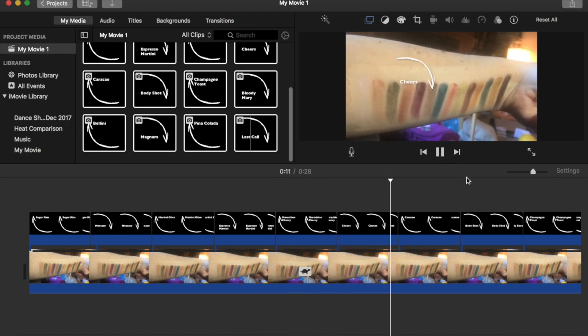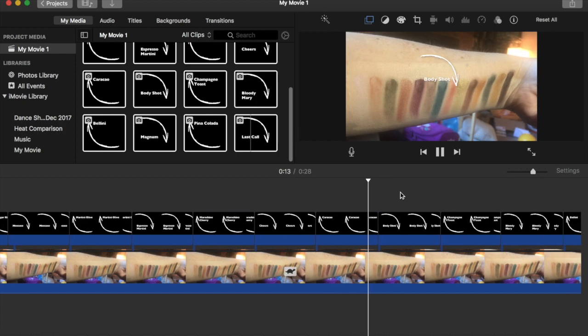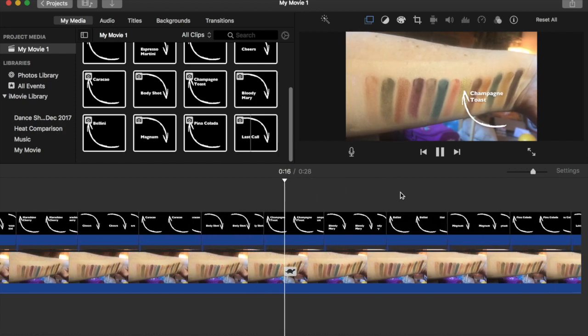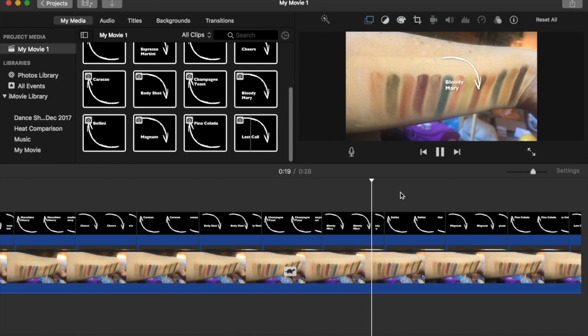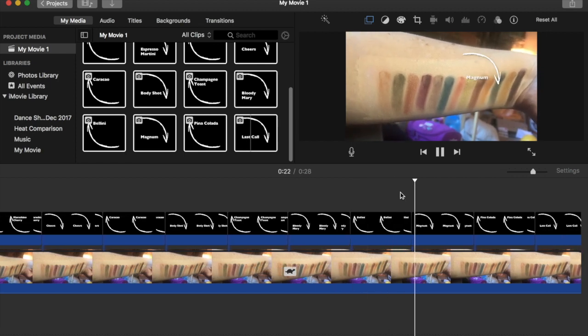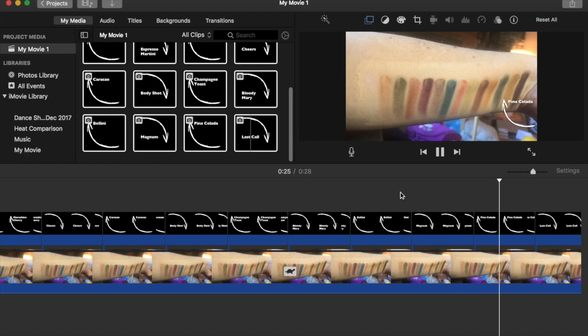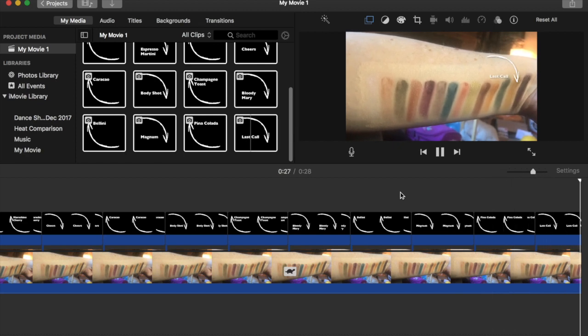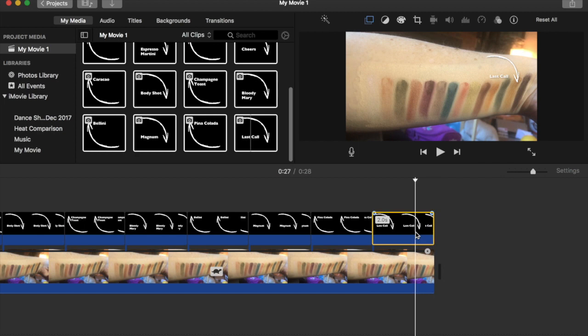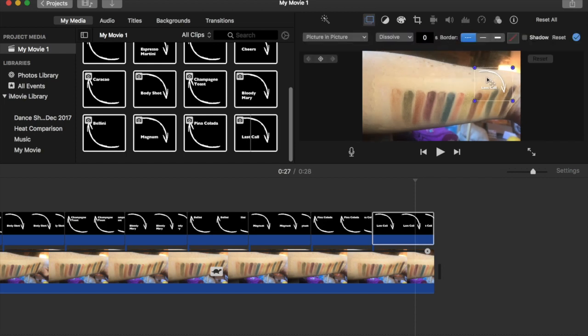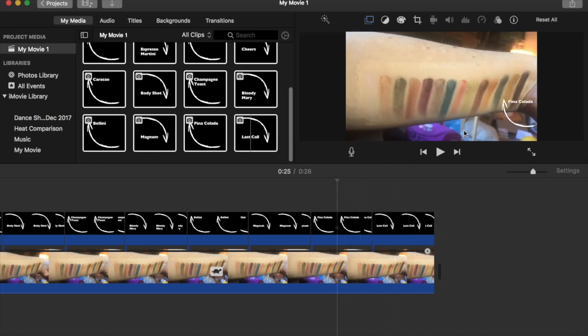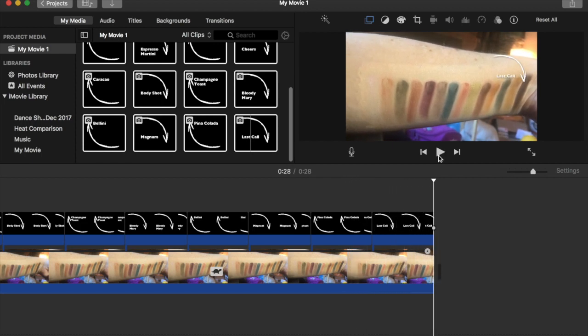At this point now I'm just fine-tuning, and now I'm going to run the whole clip and just make sure that the arrows are all pointing to the right colours throughout the whole of that particular clip. Okay, last call isn't quite in the right place, so I'm just going to move it. Play it, just double check. Yep, that'll do.